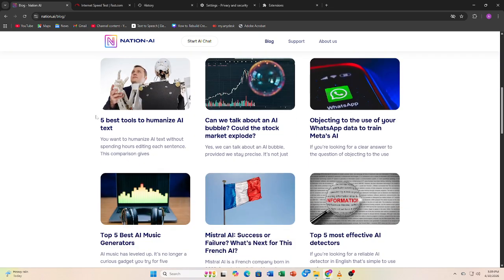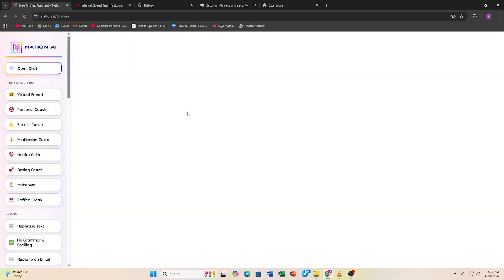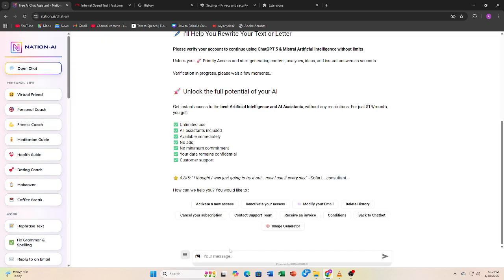Next, ask the AI to create a structured outline. This helps you plan your content clearly before writing. After that, use Notion AI to write sections or even the full blog post based on your outline. Once the content is ready, you can improve it by asking the AI to rewrite, expand, or simplify parts of